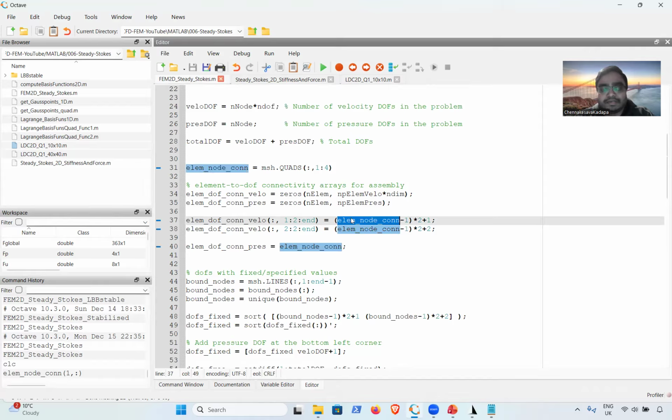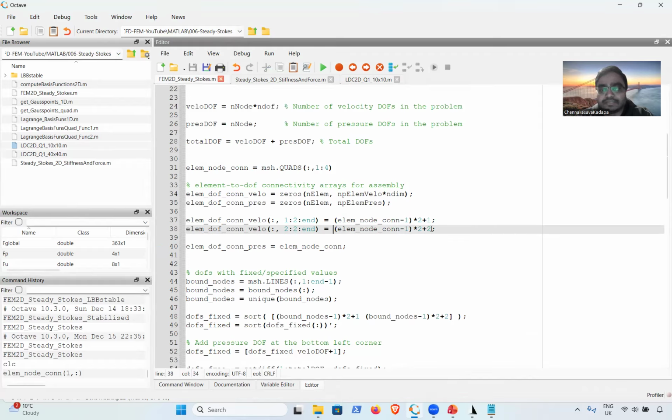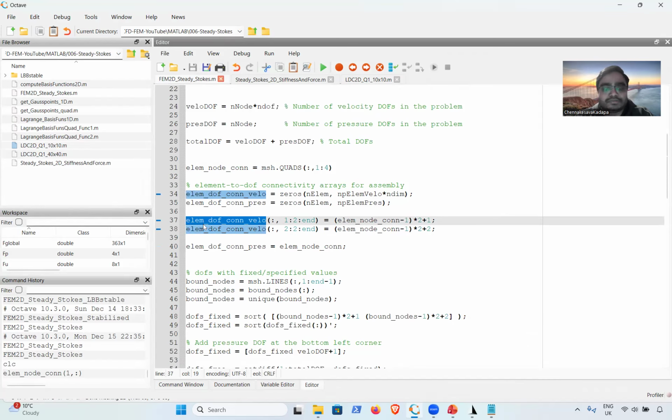The element node connectivity minus 1, multiplied by 2, plus 1 gives us all the x degrees of freedom, and this gives us all the y degrees of freedom. The y degrees of freedom we put in the even columns like 2, 4, 6, 8. So with these two lines, 37 and 38, we get the x and y degrees of freedom